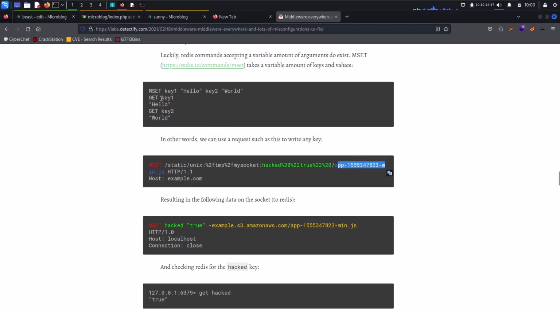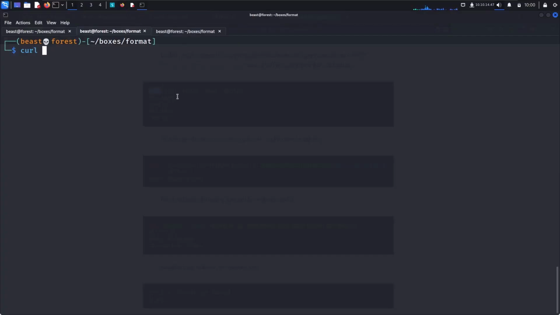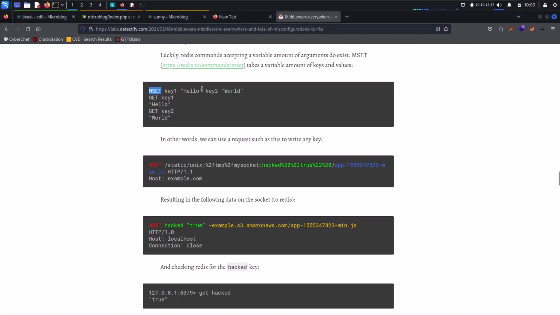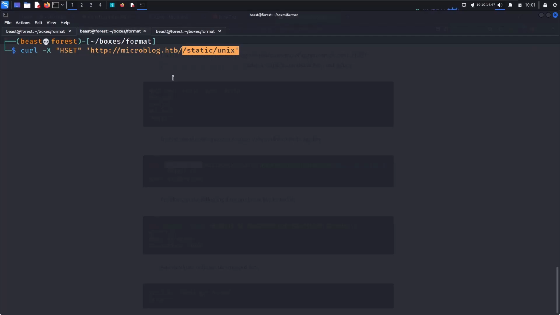Well, here it is saying mset, but we will use hset, minus x hset, and http microblog.htb, and static Unix. This part needs to be done. This thing needs to be added,